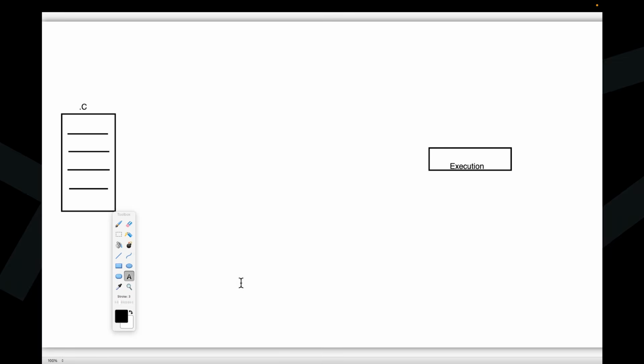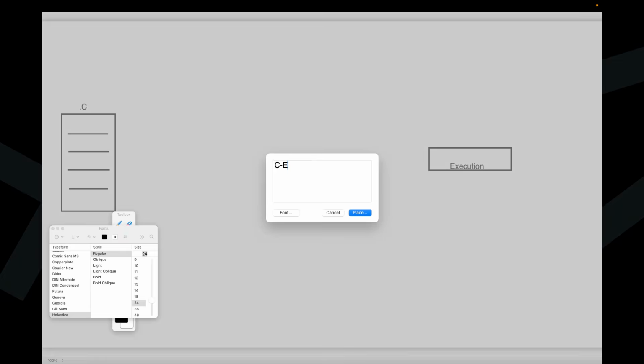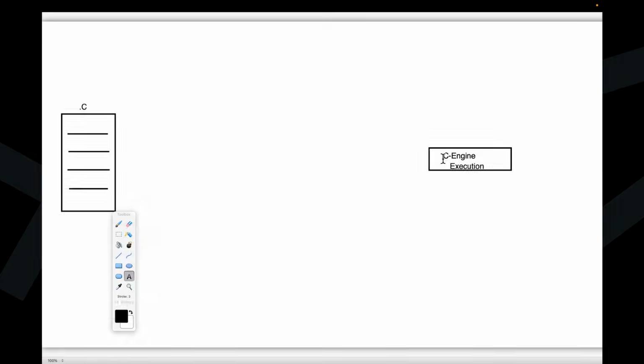Okay. Now, in general, the name of that machine is what? C engine. C engine is the name of that particular machine. All of you observe carefully. Here, what I am telling now, we have written the C program. Now, we are going to do the execution process. But who is executing our C program? If you think about it now, the C engine will execute this program. Okay, clear.